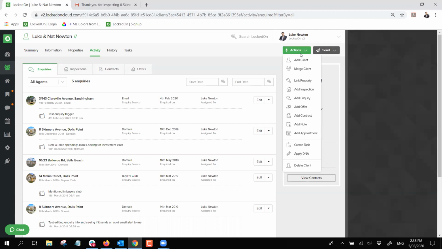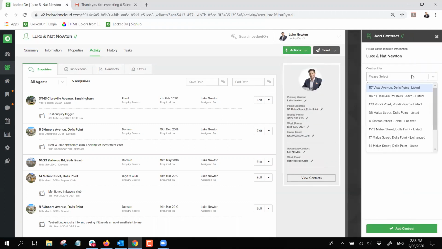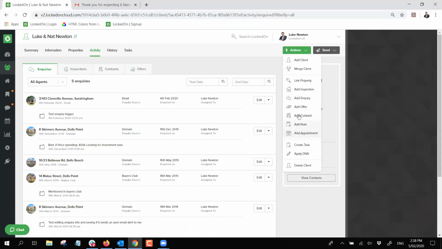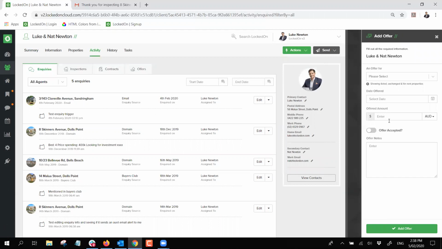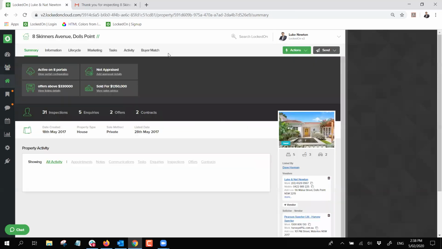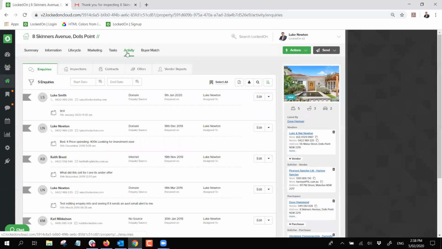They're 2 things that you generally add manually against your buyer. So they requested a contract, what property, what date, any notes, and they also made an offer. What date, how much was offered, any notes, and was it accepted? Now all of that, as I said, feeds back into the listing, into the activity tab that we see here. So once you start to get a really good pool of buyers, you'll have really good buyer match, just listed